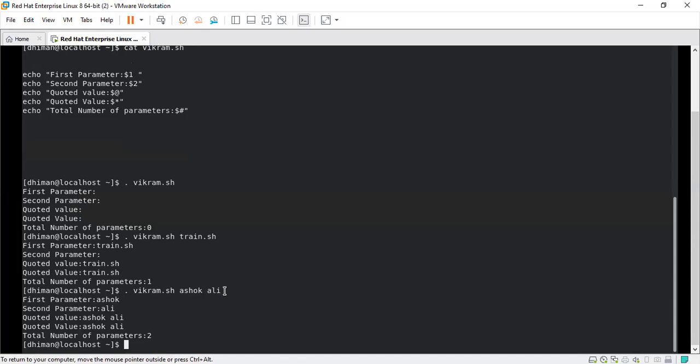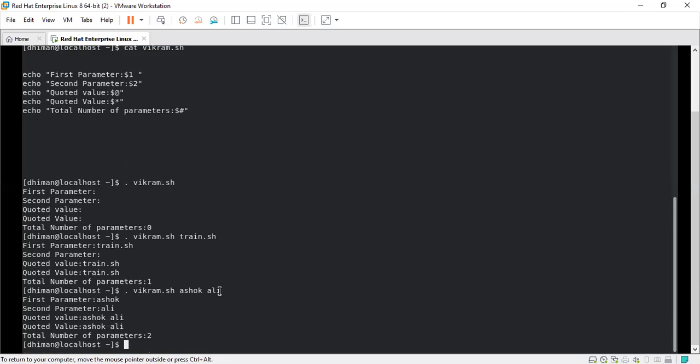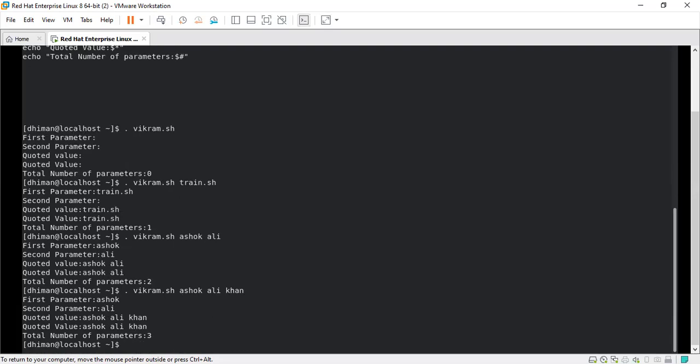You can see the quoted value is Ali, where the number of parameters is 2, that is Ashok and Ali. So this script is basically reading out the parameters in a script or in a file directly, or the name which I have written over there, right? Ali Khan, you can see over here.